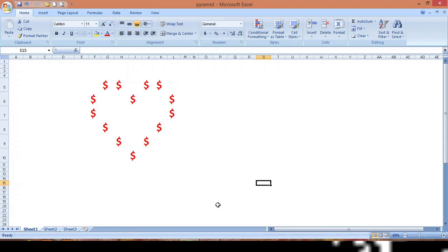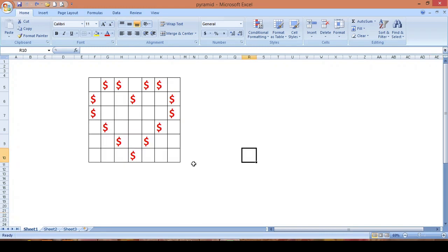Hello programmers. In today's class we'll see how we can print this pattern in Python. In order to understand this output, we need to first convert it into rows and columns, and try to find out how many rows and columns there are. So here I have converted it into rows and columns.